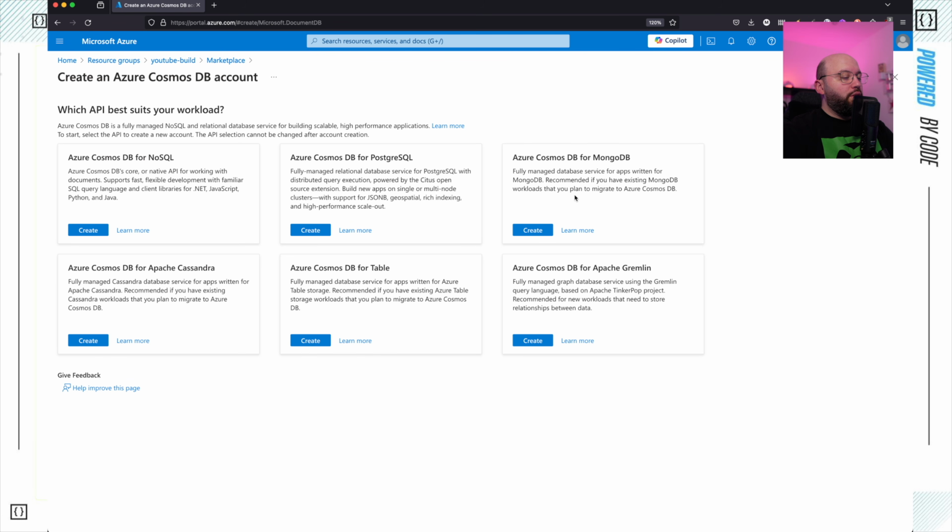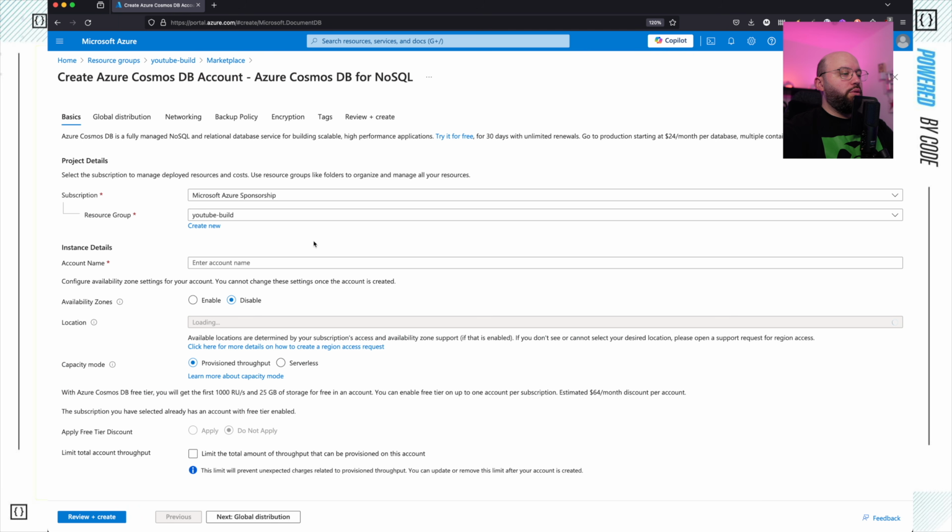So as we can see here, Azure Cosmos DB supports different types of databases. It supports Postgres, Mongo, Apache Gremlin, tables, as well as Apache Cassandra. What we're going to be doing is focusing on the NoSQL part. If you're interested in any of the other parts, please let me know and I'll make sure to cover it in that video. So we click on create,